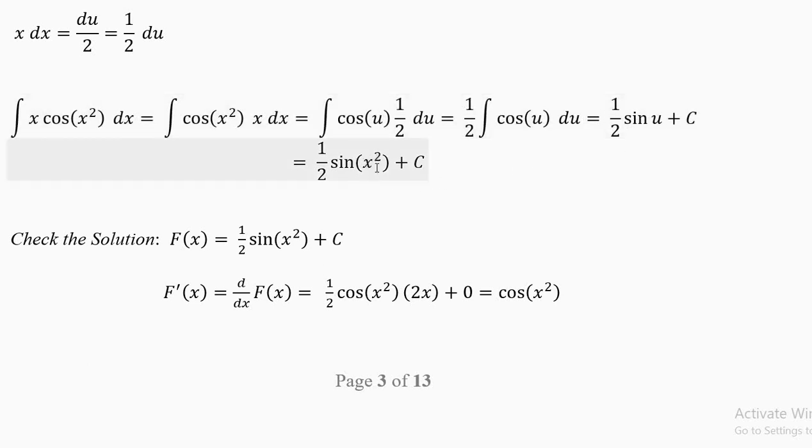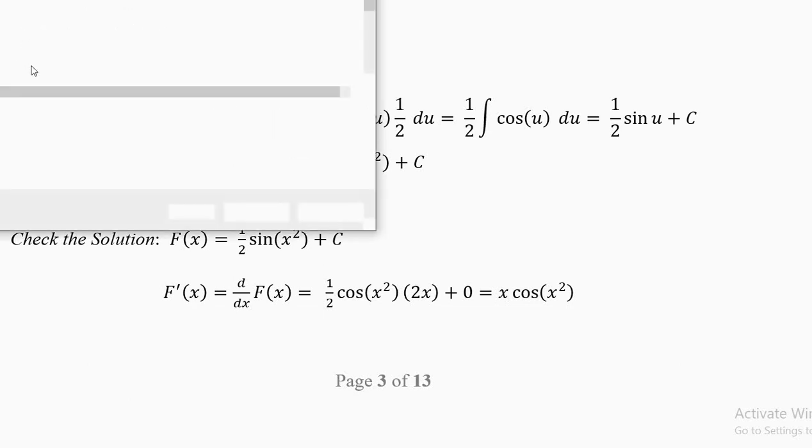Now what is the value of u? u equal to x square. This is your answer here. Now if you differentiate your answer, you will get back your question, because the derivative of c is 0. You will get half cosine x square, derivative of x square is 2x, half into 2x is x. Okay, you have to be very careful while writing these things, and you should not make mistakes.